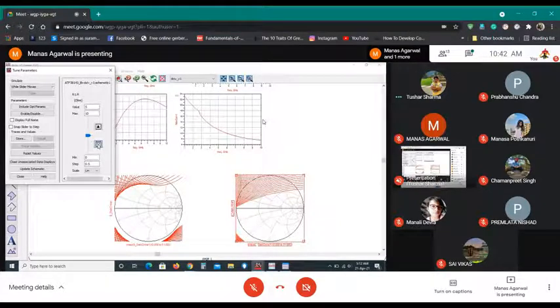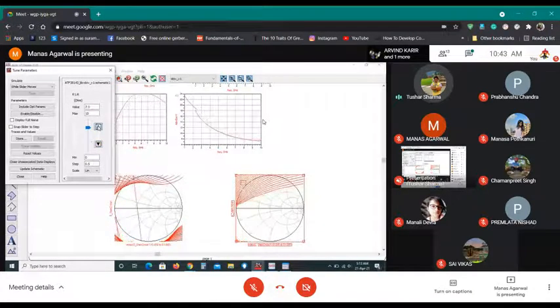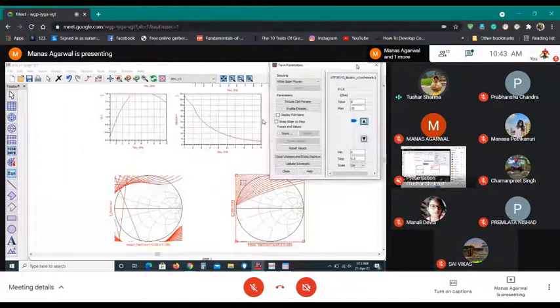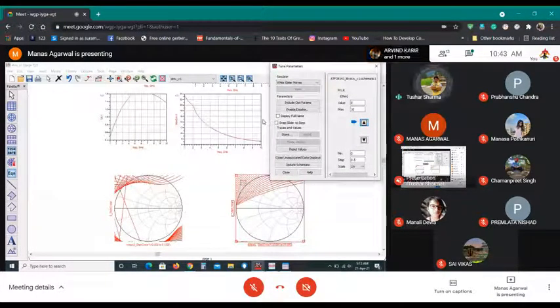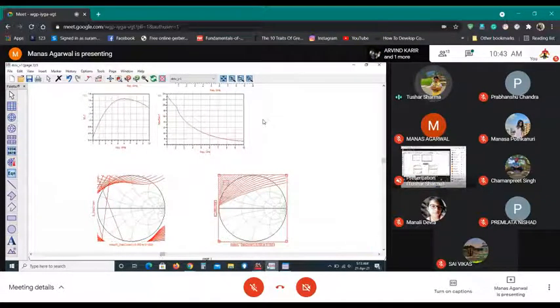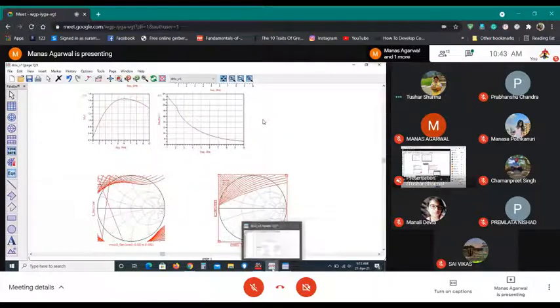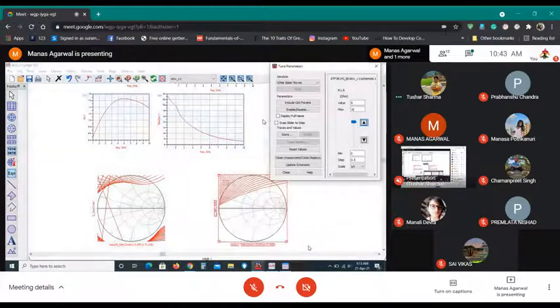Can you move it to the right instead of left, or zoom out the data display window? Now first let's change the step from minimum 0, you see min equal to 0, max to 100.